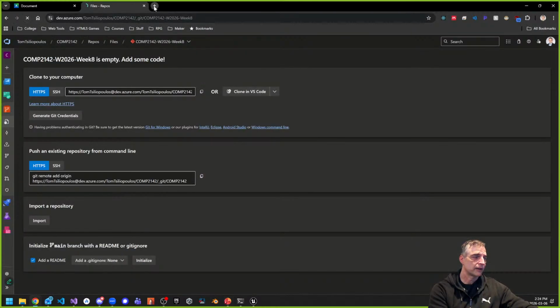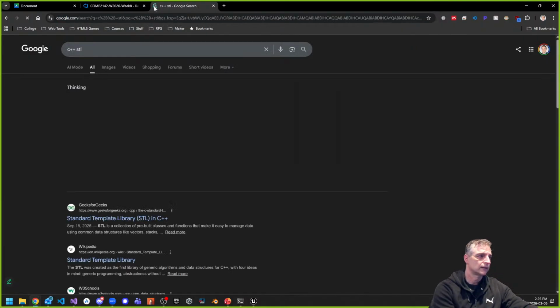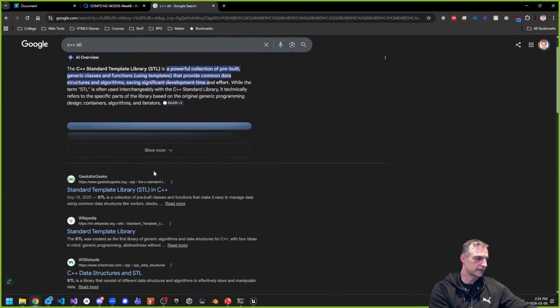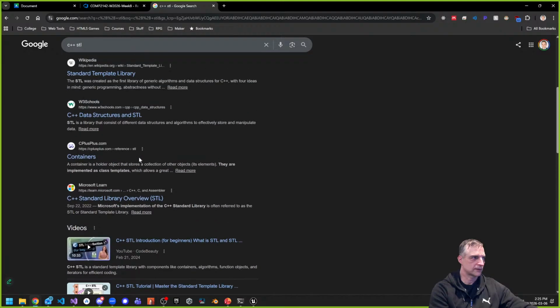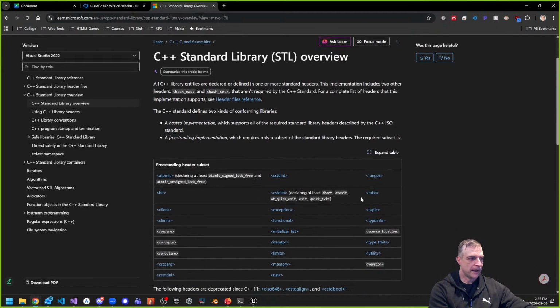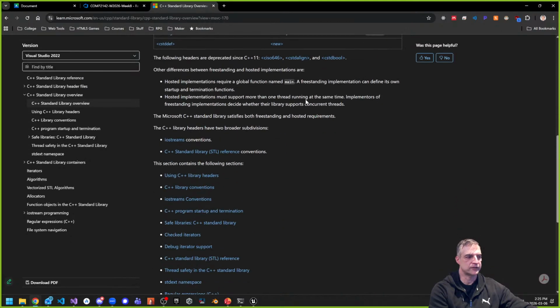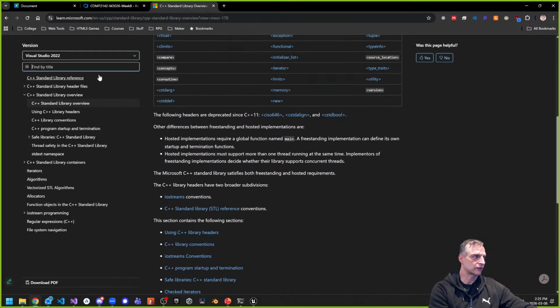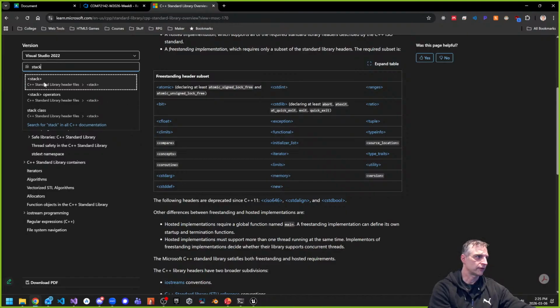And if I go to C++, you can look this up as well, STL. If I was to look at that, here's the standard template library. I'm just going to choose a site here to show you. Let's use this one, Microsoft Learn, right? The STL, the standard template library, has a bunch of templates, and you can search for things. If I look for stack here as an example, so this is the stack,